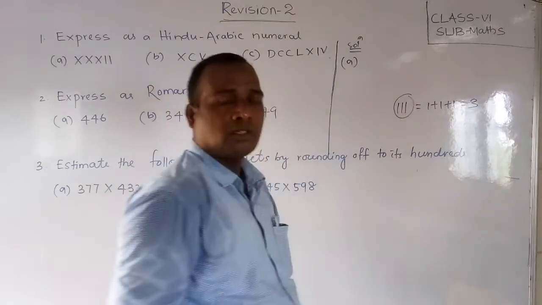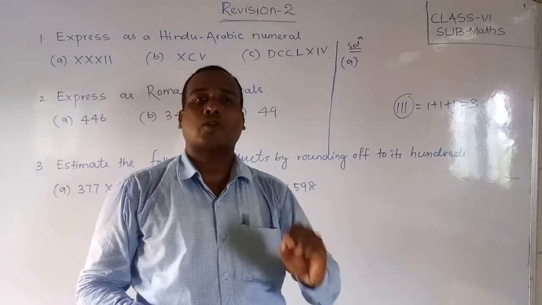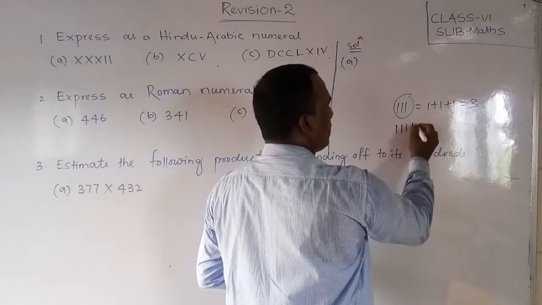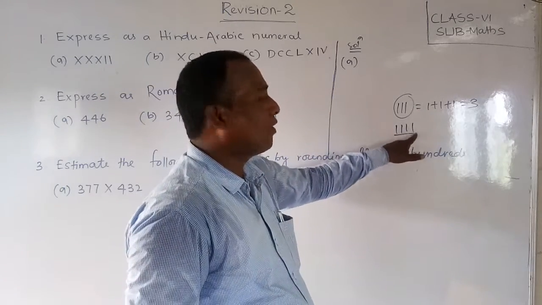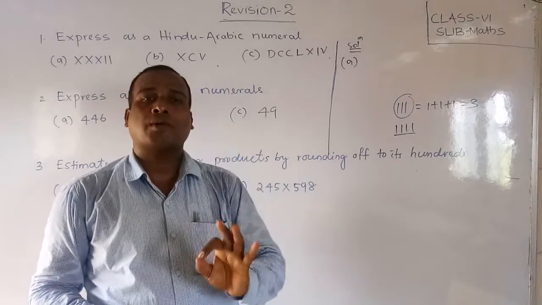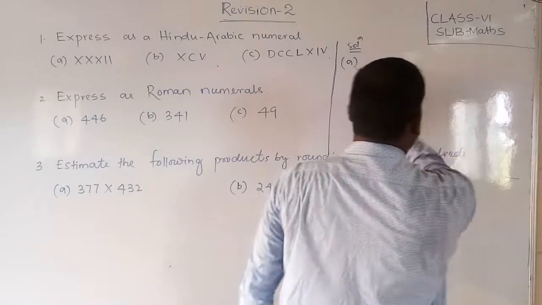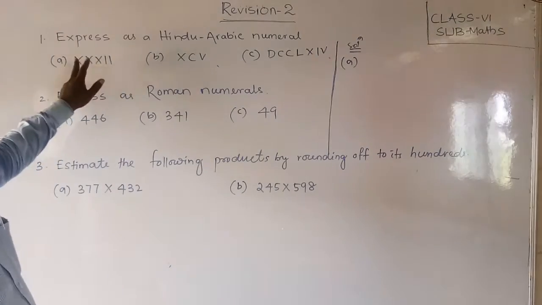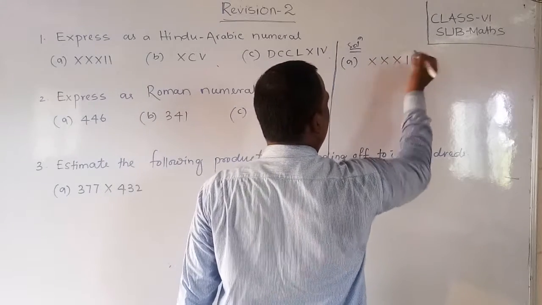Did you understand, students? At a maximum, how many times can one number be repeated? Only 3 times. More than 3 we cannot write. If we need 4, we don't write 1, 1, 1, 1. So a maximum one letter or one Roman number can repeat 3 times only. Here, which Roman number is repeated? X is repeated. How many times? 3 times. So I have written the first question X, X, X, I, I.